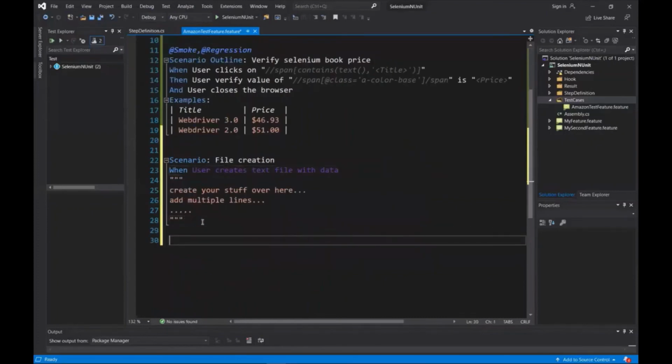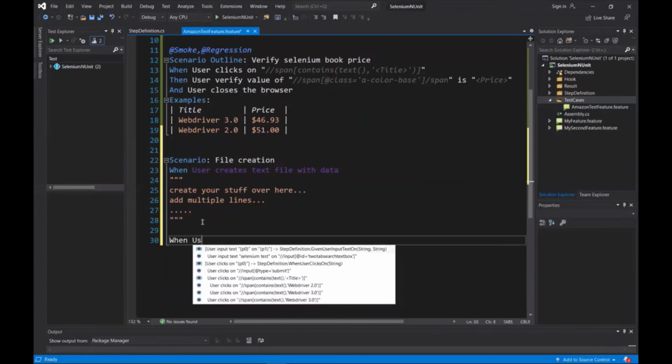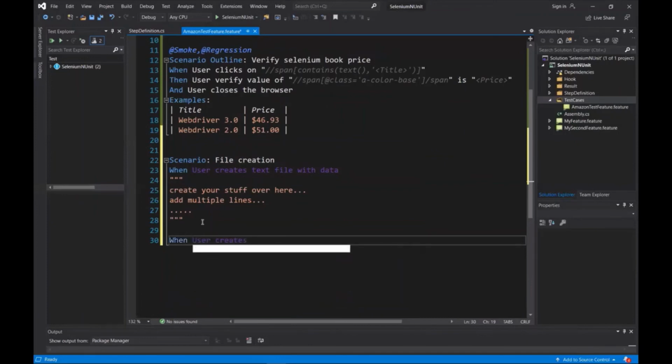Now we'll pass the data table to this step argument. So for that, I'm writing a keyword to create an Excel file. For creating an Excel file, we need data in the form of columns and rows. So a data table provides us the facility to pass these kinds of data into the step argument. To start with, I will first write the column names. As we already discussed, the first row will always be treated as the column names. So I have given the column names as name, ID, contact, and address.